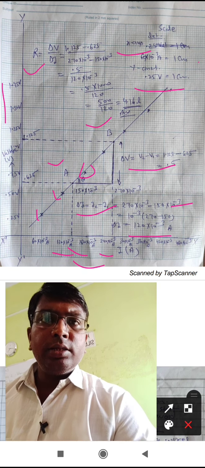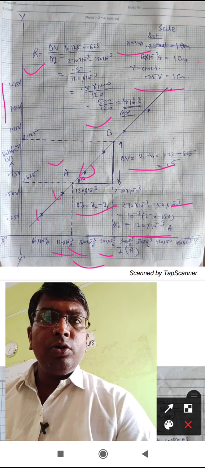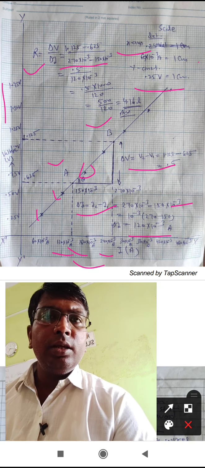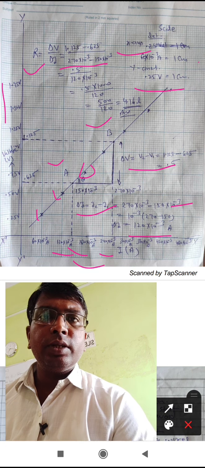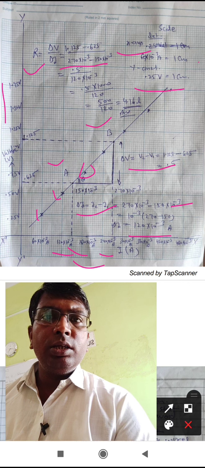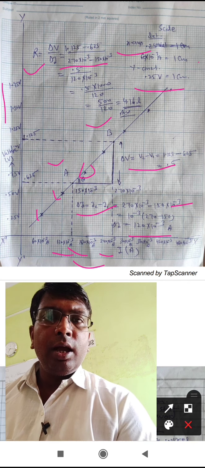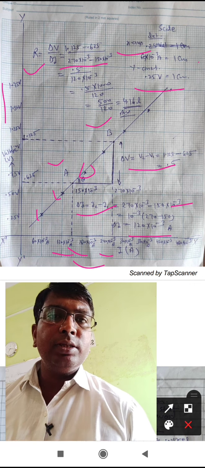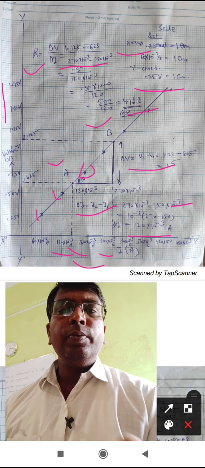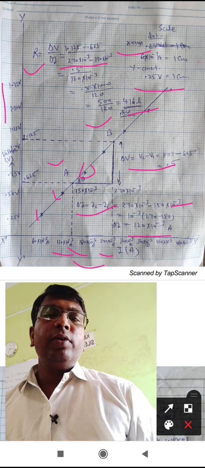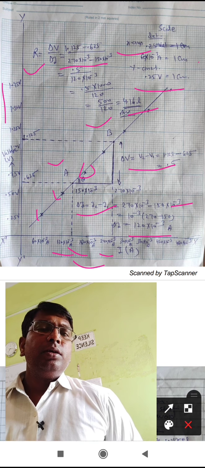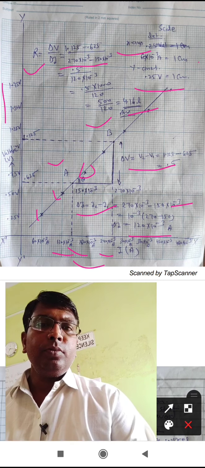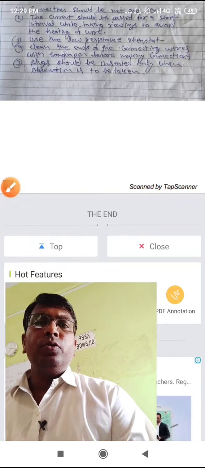So we calculate the resistance: del V is 0.5 and del I is 120 into 10 to the power minus 3. So 0.5 into 1000 over 120, that is 500 upon 120, which equals 4.16 ohm. So that is the result with the help of the graph. We see clearly that the value of the resistance obtained by taking the mean and by the slope of the graph is the same.